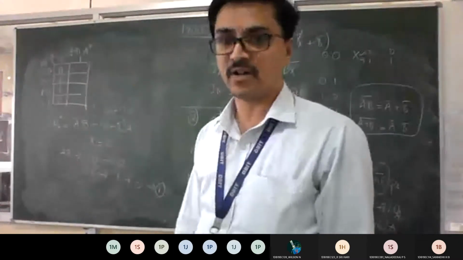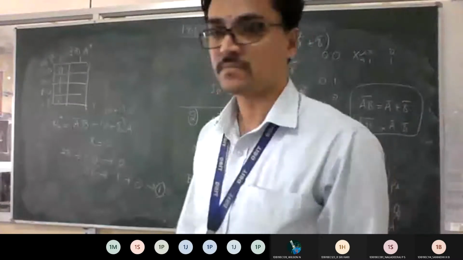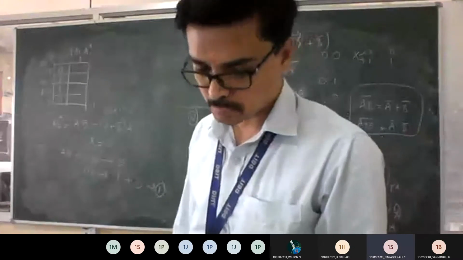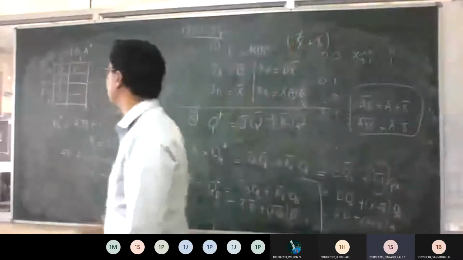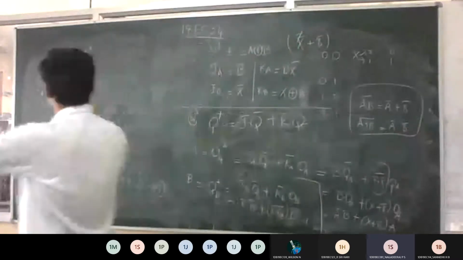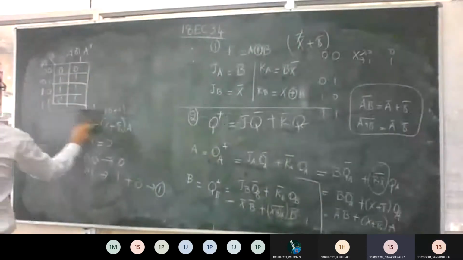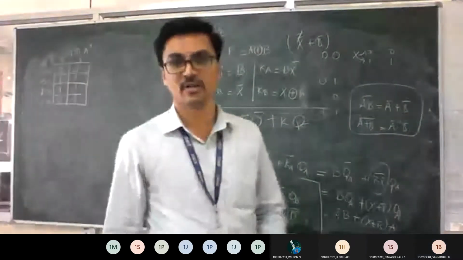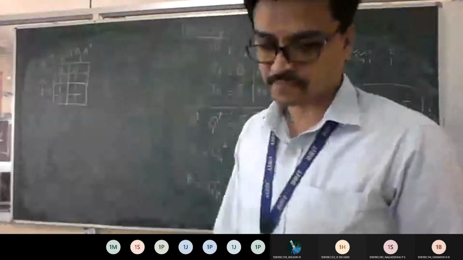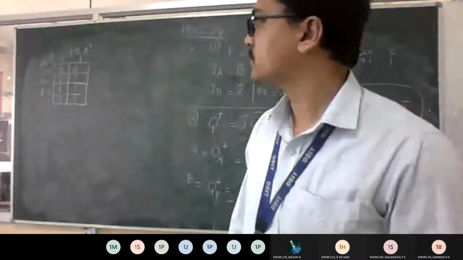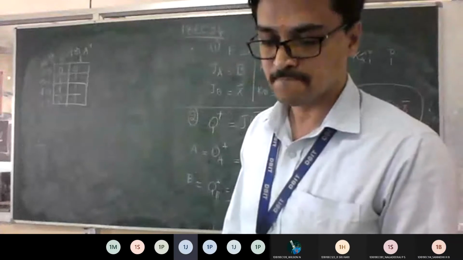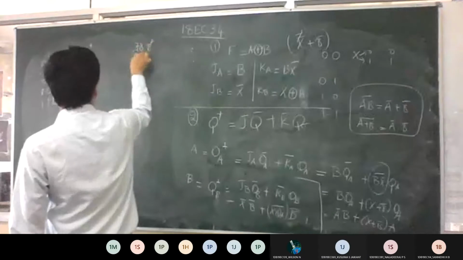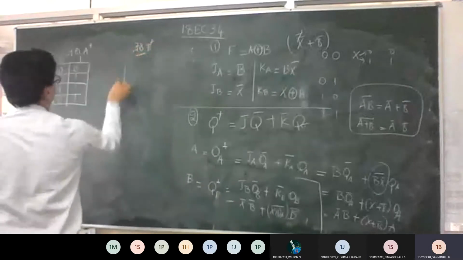Same way, get me the answers for X equal to 1 also. Substitute those values in this equation and tell me. 0. Okay, then all 1, sir. 1, 1, 1, 1. So anybody any difficulties to write this table? If you write this table, what is the advantage? Later part I will let you know. Let me fill this first. Is it fine? Yes, sir. So same way tell me for B plus. For B plus, this equation, answer.